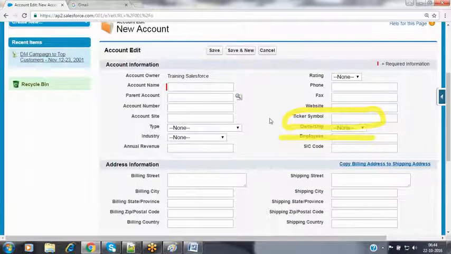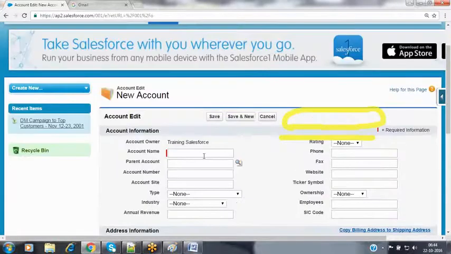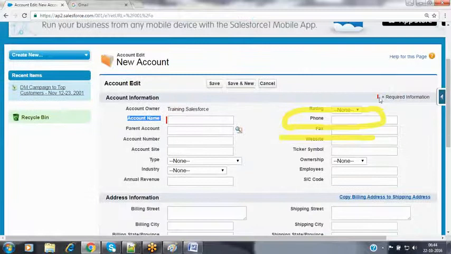Now I would like to create an account record. In the graphical user interface there are many fields, where a few fields are mandatory, marked with the red color bar symbol. The remaining fields are optional. You may or may not enter a value for those. But compulsorily, we have to enter the value for the account name field, because the red bar indicates this is required information. We have to provide values for the required fields.